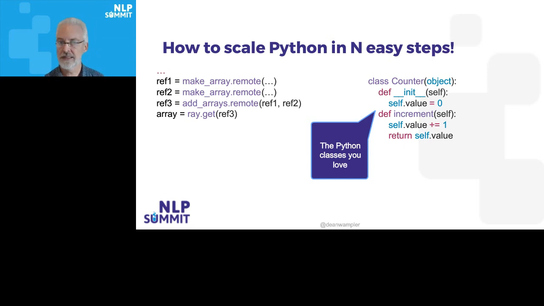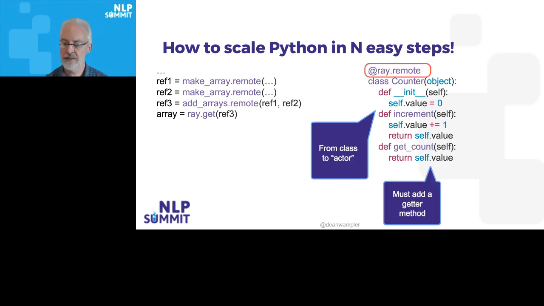What we have here is a simple example of some sort of counter. It's initialized to 0, and every time I call it, it's going to increment that value, return the current value, and then I can do something else with it if I want. But this value, this count, is the actual state that I want to track. And to turn that into a distributed so-called actor, and I won't go into the reasons for that name, it's kind of a historical term for this,